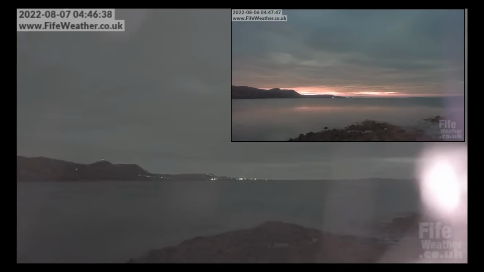Okay, hi. In this 16-minute video, you will see two different time lapses from Abendur in Scotland, from August 6 and from August 7, which are synchronized and start at the same hour and the same minute. As you can see in the upper left corner, the smaller screen represents the time lapse from August 6, and the big main screen is the time lapse from August 7, which is today